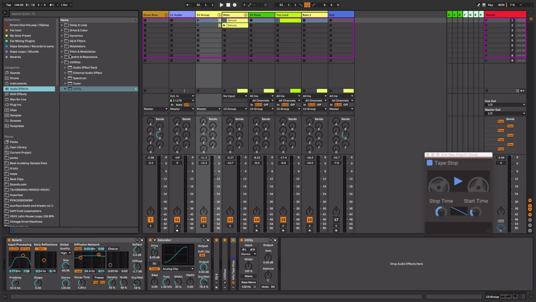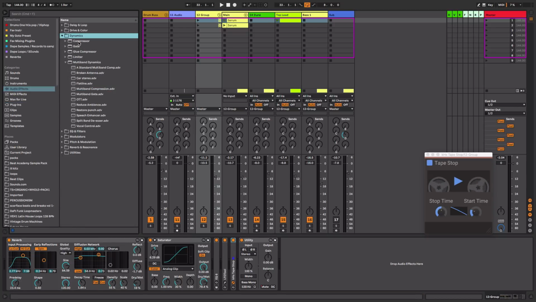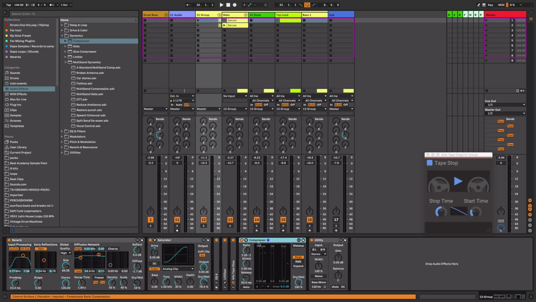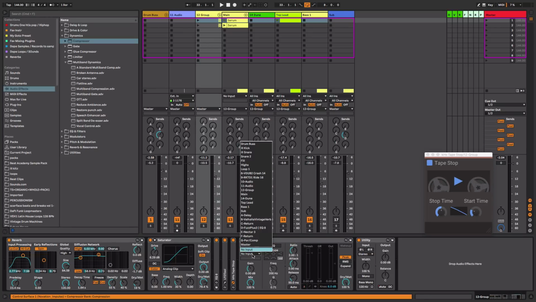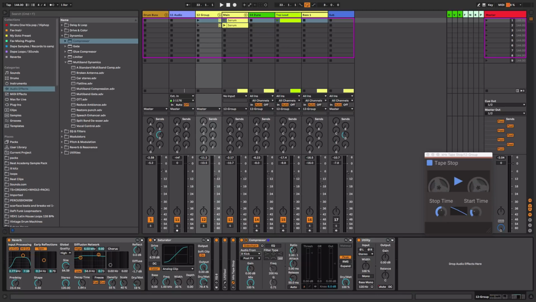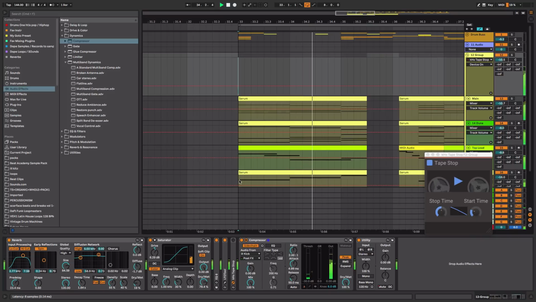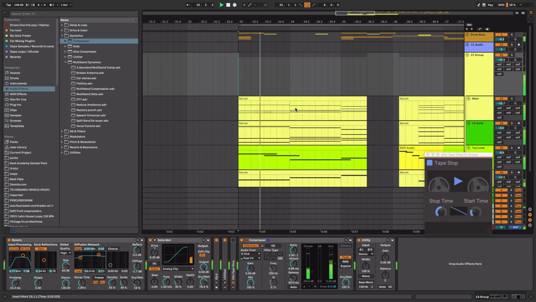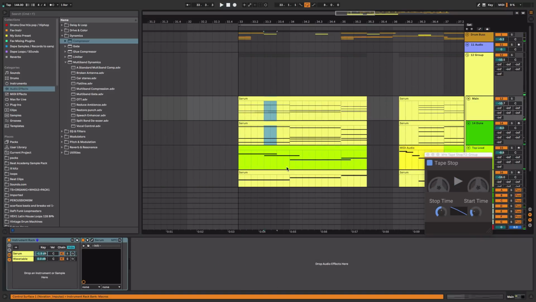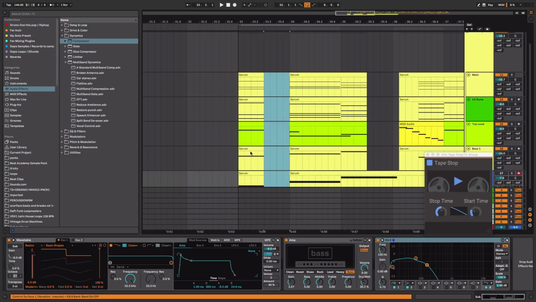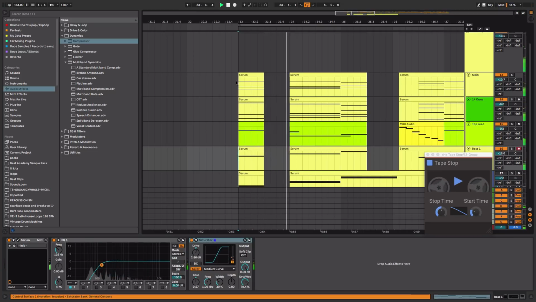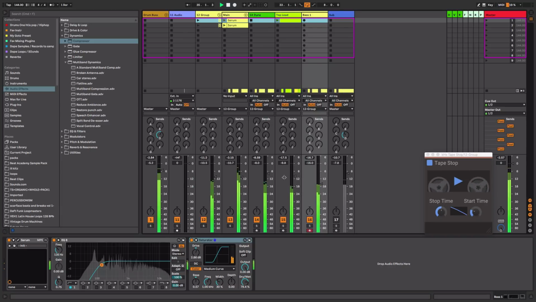Let's go over to our audio effects, go to our dynamics, compressor, and we're gonna do the side chain here. Side chain in the drums, it'll be that kick. So see what it is without the tape stop. So maybe chopping, you could leave the tape stop, or maybe just